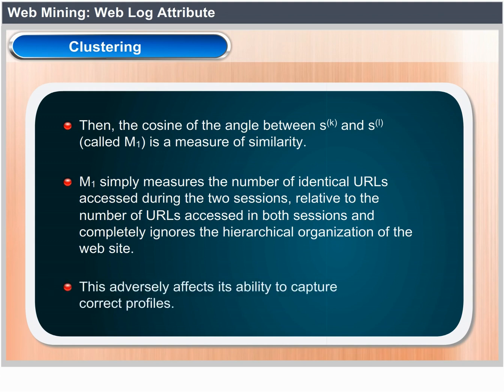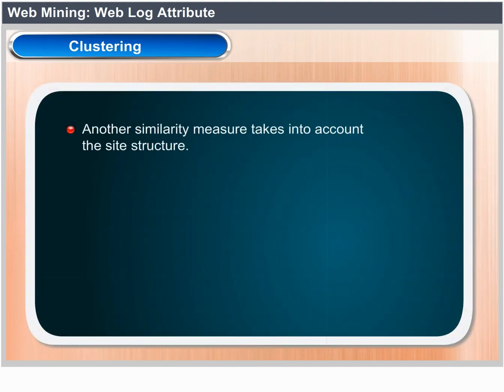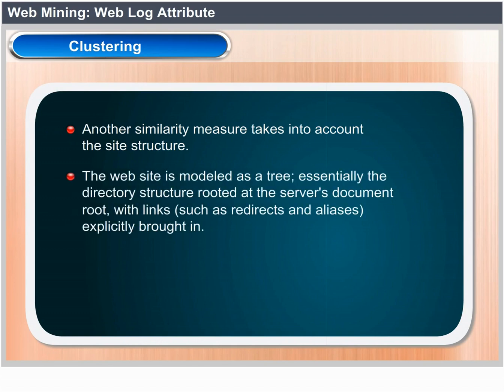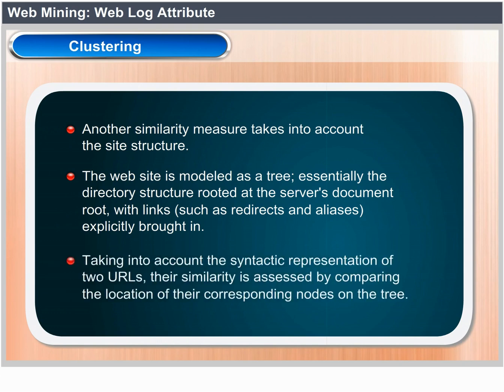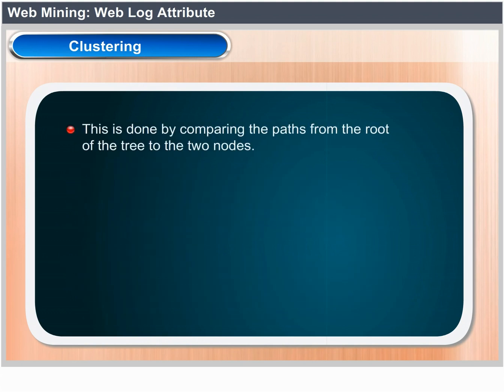Another similarity measure takes into account the site structure. The website is modeled as a tree, essentially the directory structure rooted at the server's document root, with links such as redirects and aliases explicitly brought in. Taking into account the syntactic representation of two URLs, their similarity is assessed by comparing the location of the corresponding nodes on the tree. This is done by comparing the paths from the root of the tree to the two nodes. The syntactic similarity between the ith and jth URLs is shown on the screen,